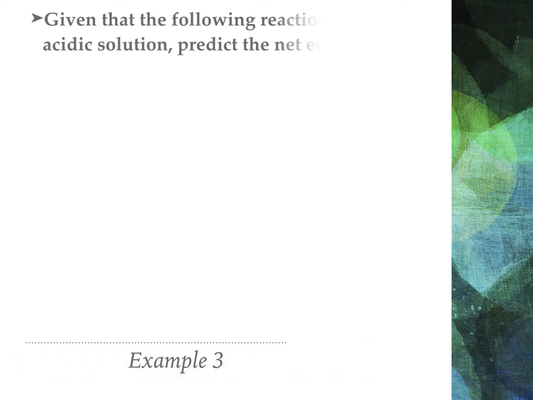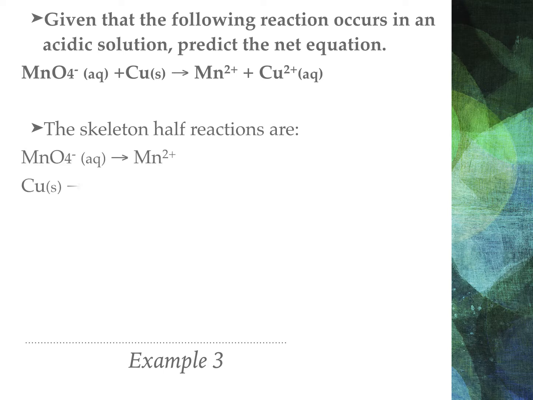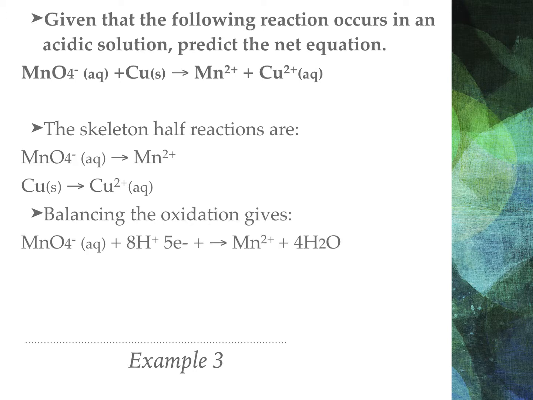Let's take a look at example 3. Given that the following reaction occurs in an acidic solution, predict the following net equation. Well, we have permanganate, which reacts with solid copper to form the manganese ion and the copper ion. We have the skeleton half reactions taken from the redox tables. By balancing the oxidation, we have, and by balancing the reduction, we have